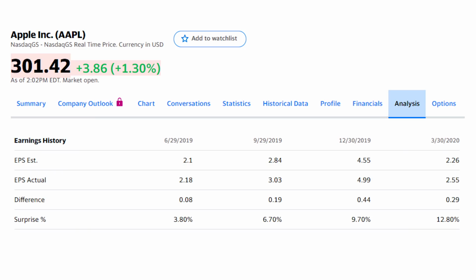For example, if we go back to the analysis tab again on Yahoo, and for those shares of Apple, we can see the earnings history over the last 4 quarters, including that surprise percentage. So how much Apple has beaten analyst estimates for earnings. Now your job though would be to take everything you know about Apple and the rest of these 4 factors that we're going to talk about, and then decide whether you think earnings are going to surprise to the upside by more than they have in the past in those next 4 quarters of earnings.